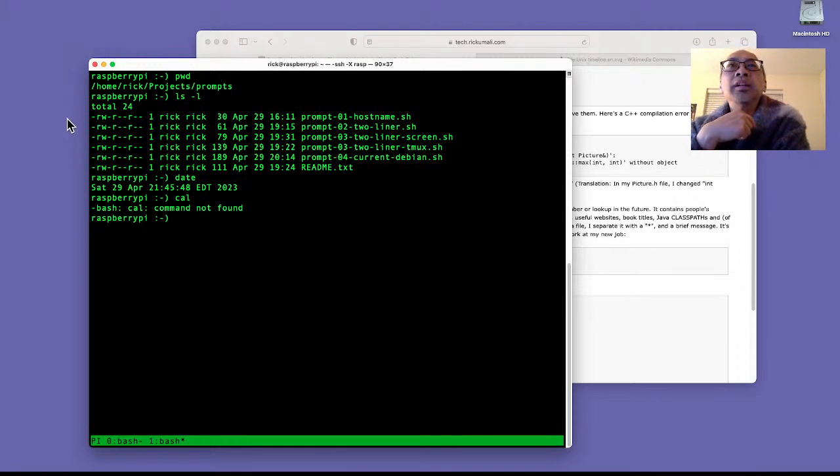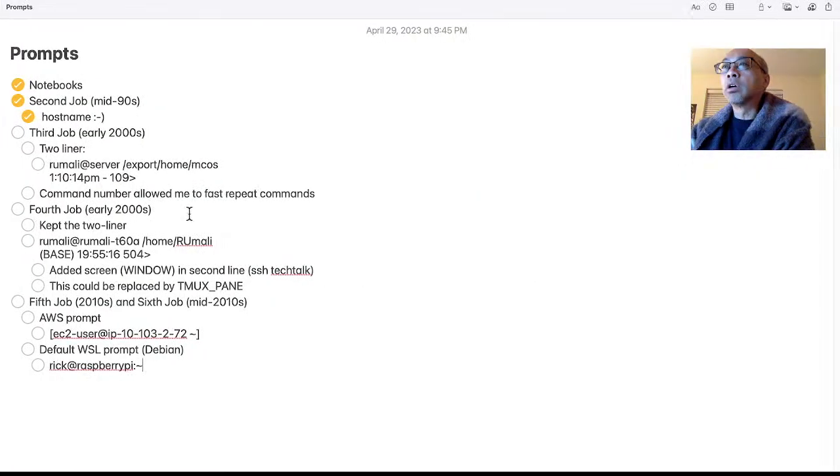And it was cool. Servers were a big deal, and that's why the prompt was the host name, and there really wasn't anything more that I needed from that. So I tacked on this smiley face, and that was my prompt for probably a long time, 4 or 5 years.